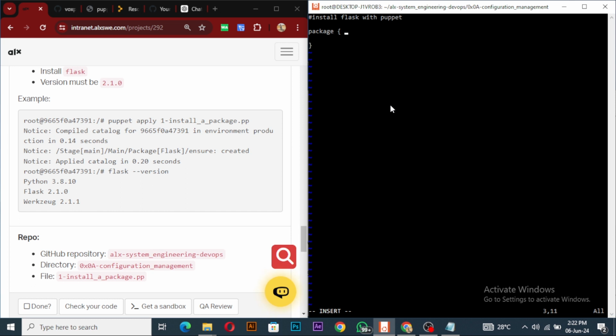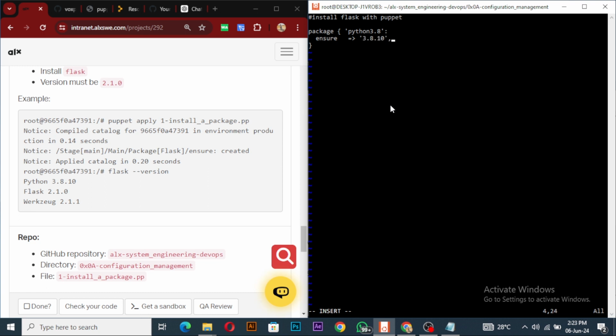For me to install it, I need to install Python, and then Flask, and then Werkzeug, right? So I need to install Python 3.8.10. So I'll say I want to install Python 3.8. That's just the name, then put your double colon here, come down two spaces, and then say ensure that the version you install is 3.8.10,